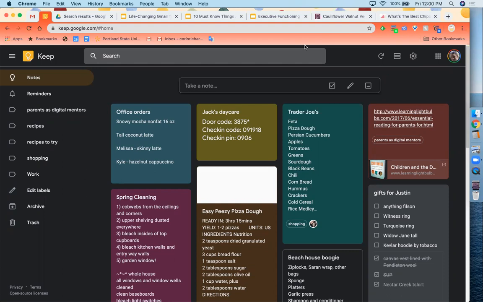Today's Fast 15 is on Google Keep and Google Tasks, two great ways to manage both time and tasks within the Google Suite, and kind of keeping everything in the same ecosystem. I'll show you some different ways of doing that. So what you're looking at here is my Google Keep, which I've made all nice and pretty with lots